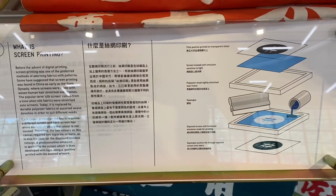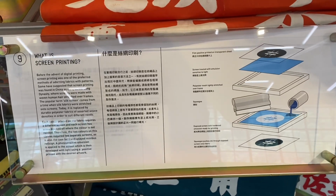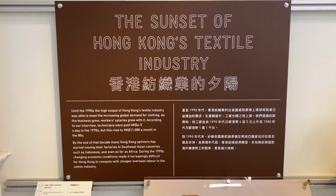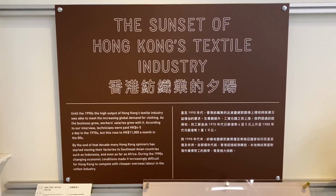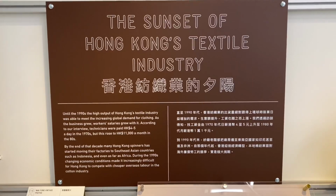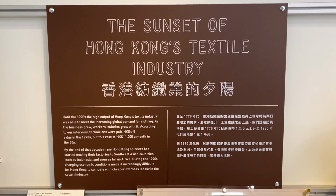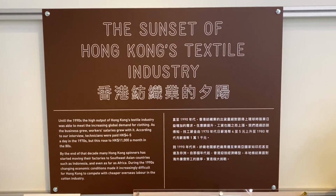And you can see it all the way around Hong Kong. This is a very good example for saying that Hong Kong industry is declining, which is about the push factor of Hong Kong during the 90s. The textile production was still very high, but unluckily